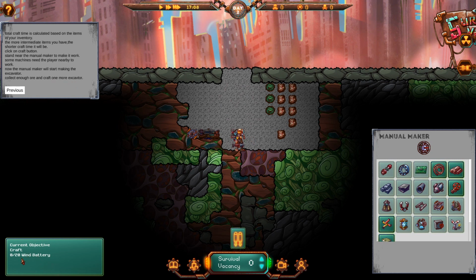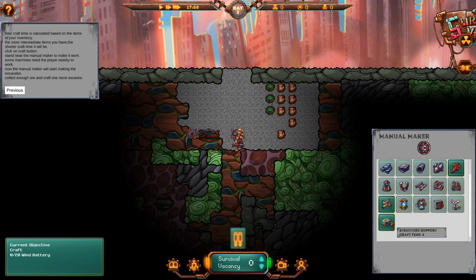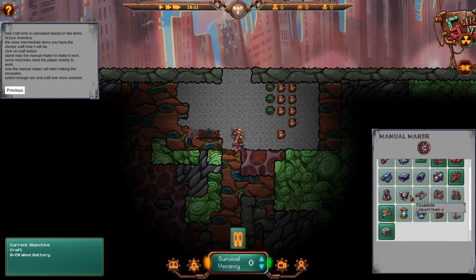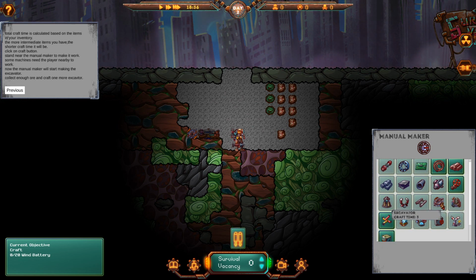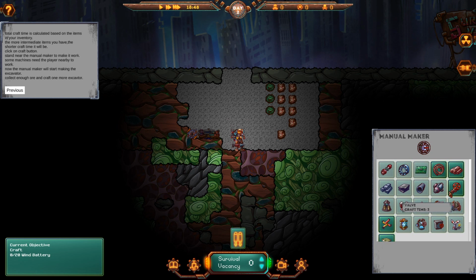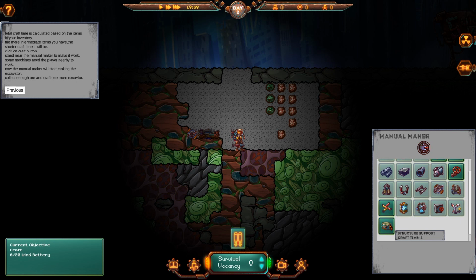Or should I go with the craft the wind battery, which is tiny power station? No, that's not. Well, obviously I went through that. Structural support. Carrier rail, excavator, the basic component maker, basic circuit bearing. I know these are parts to go into something. Power connector, tiny power station. I guess it's not one of these things at the moment that's blatantly obvious, but